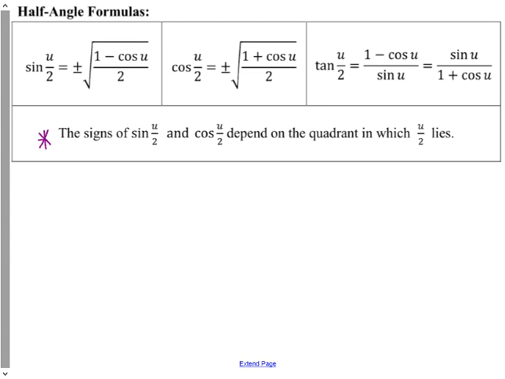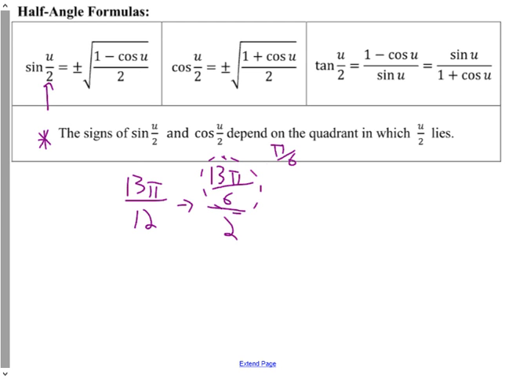A lot of people like to take their formula sheet for granted and say, okay, it's always plus or minus. That's not true though. Based on whatever this u over 2 is, for example, let's say we get something like 13 pi over 12. Seems random, but this is half of 13 pi over 6, and 13 pi over 6 is going to have the same values as pi over 6, which is on our unit circle. However, 13 pi over 12, when we look at it, is actually quadrant 3, and so quadrant 3 would dictate